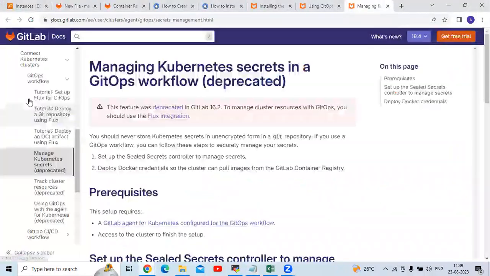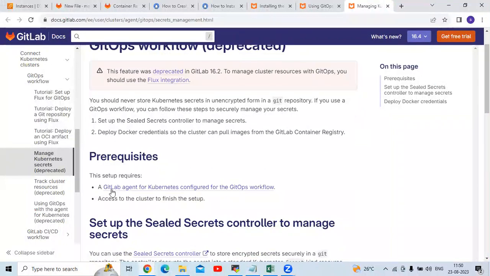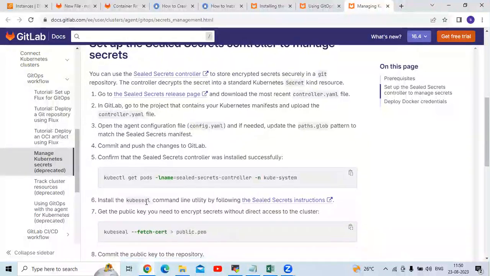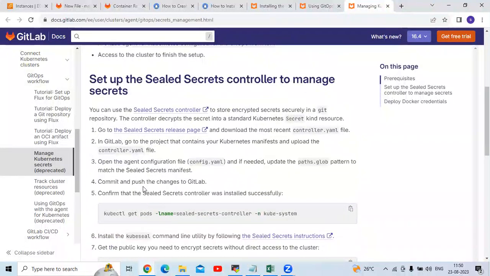This is the official page on managing Kubernetes secrets in a GitOps workflow, right? You can see the prerequisites. First of all, we need a GitLab agent. Then we need access to the cluster to finish the setup. Okay, so here you can see the steps and the details of our